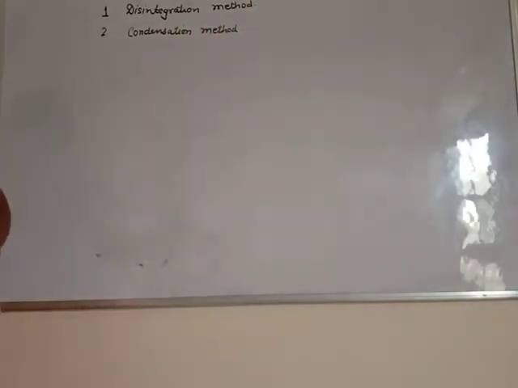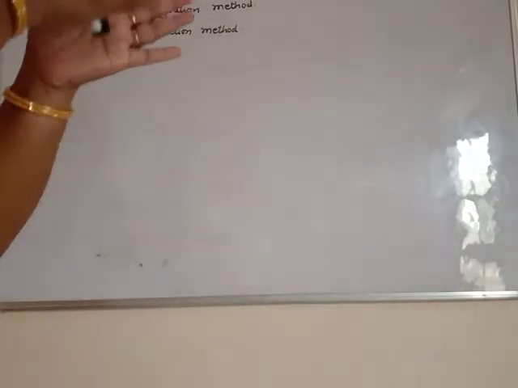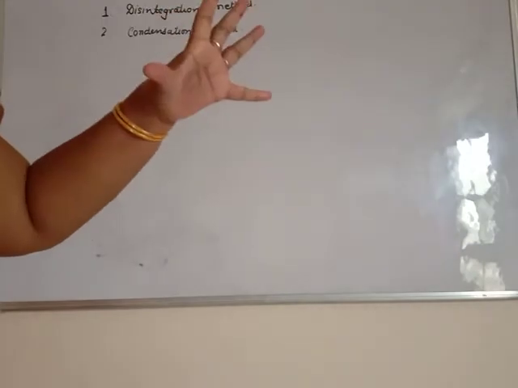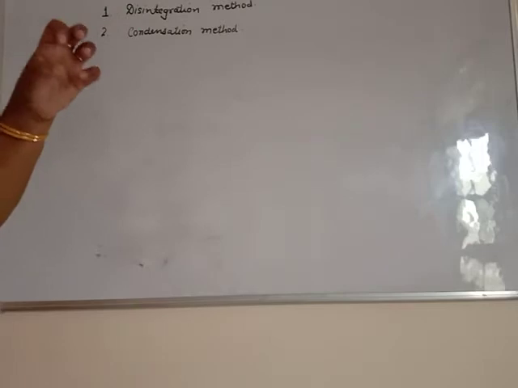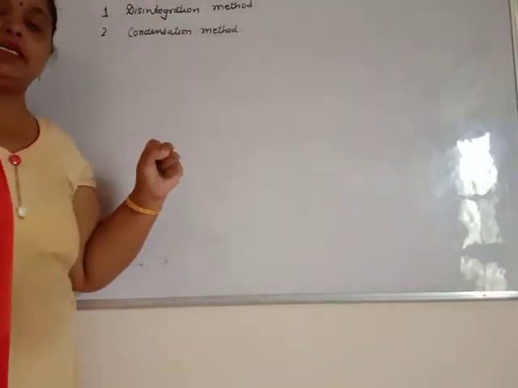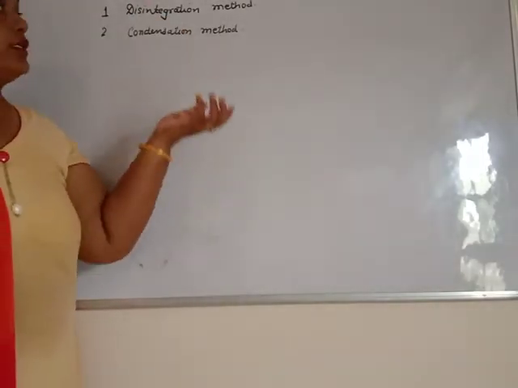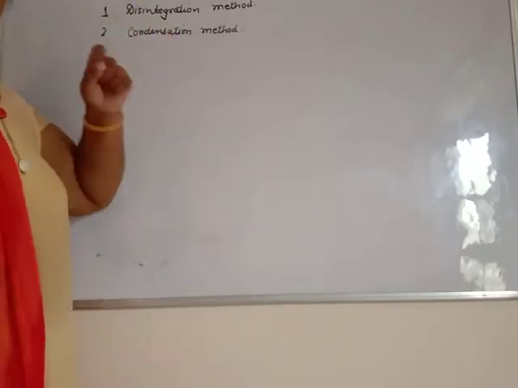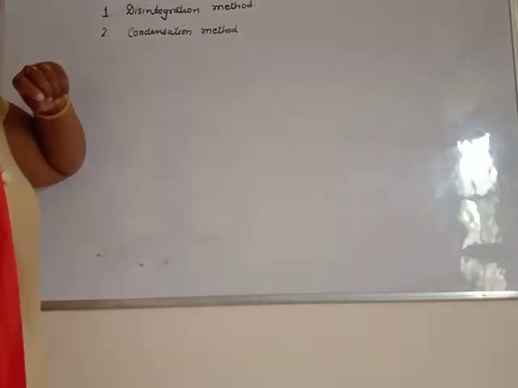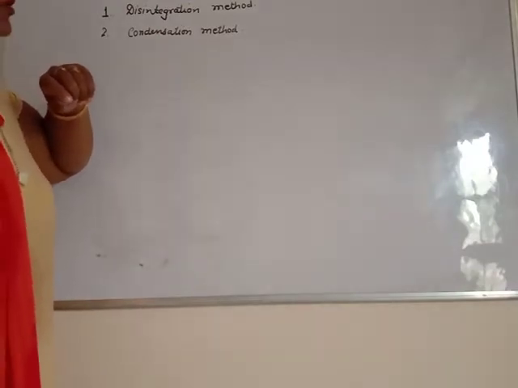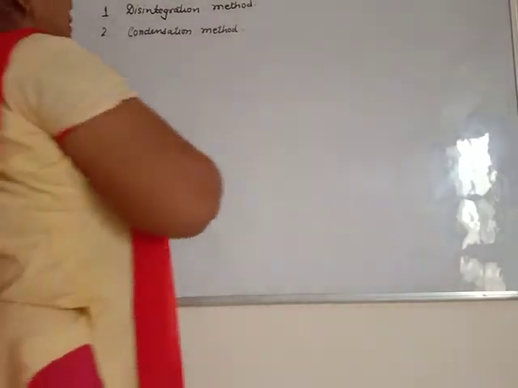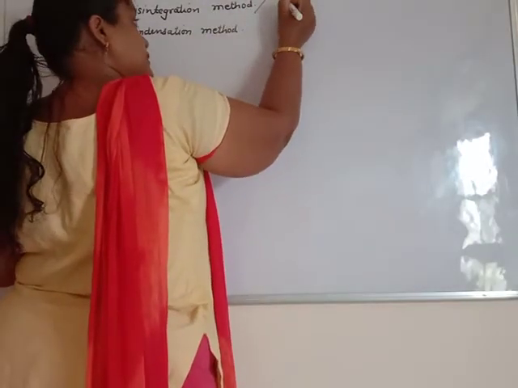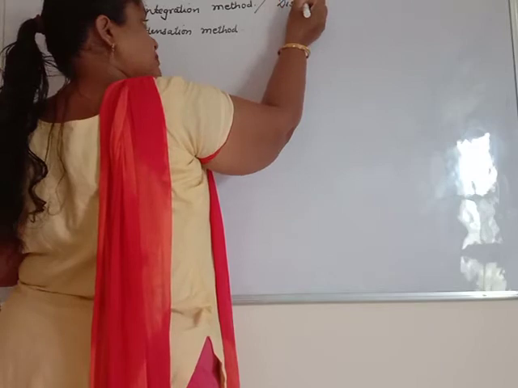Beta, disintegration means dissociation. A large size particle will be dissociated into smaller size particles, and this smaller particle size is in the range of a colloidal sol. So the smaller particles in the colloidal range are not completely soluble. They will be dispersed only in the solvent or dispersion medium. Then the disintegration method is also known as the dispersion method.